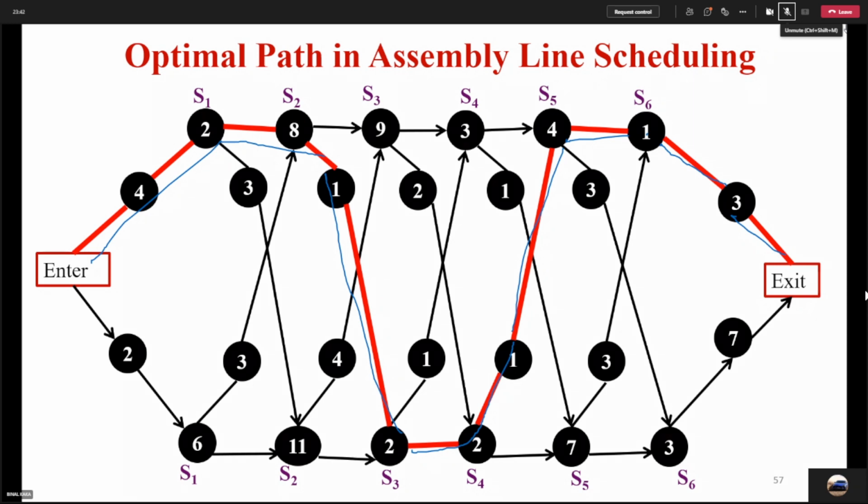If anyone hasn't listened, then look at this assembly line and do some self study too, because this is very important. Again I'm repeating because I know that only 1 or 2 students are listening to me out of 39. Right, so if you haven't listened, that's fine, but you can try on your own. Because this will definitely come in the university exam. This is very important.